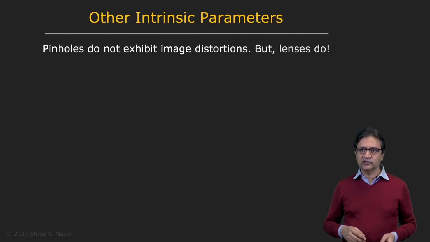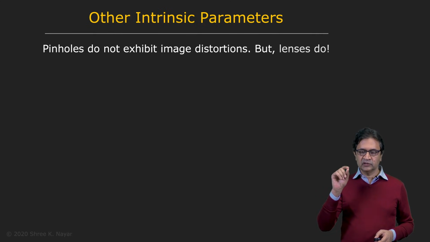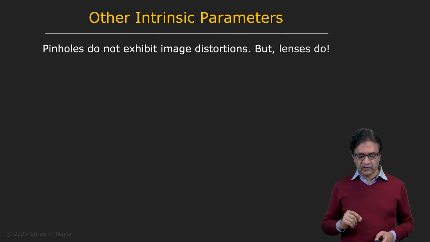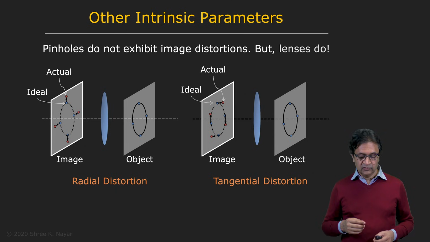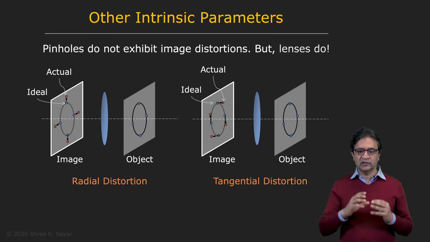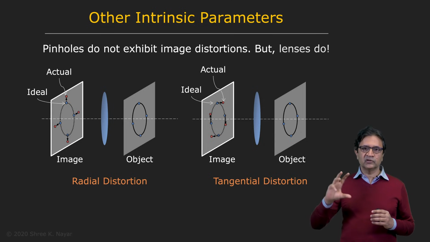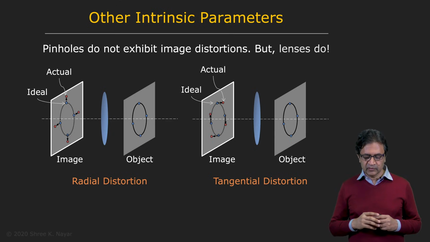Now, there's one thing that I should state here for the sake of completeness, which is there may be other intrinsic parameters which we haven't considered. In the case of pinholes, we essentially have taken care of all the factors that are at work. But when you talk about a lens, you could have additional aberrations of the type we discussed before. For instance, you may have radial distortion, where you have points being thrown out away from the center, or you may have tangential distortion, where you have twisting of points in the image.